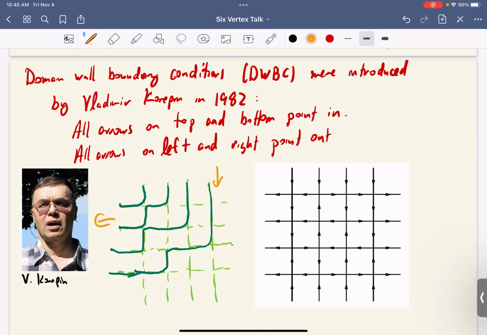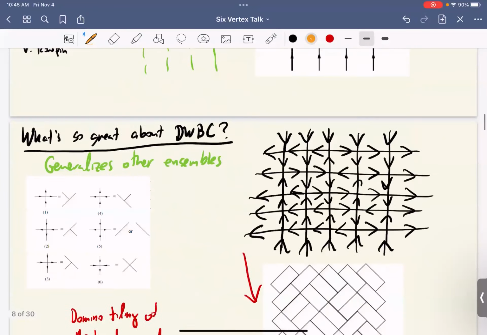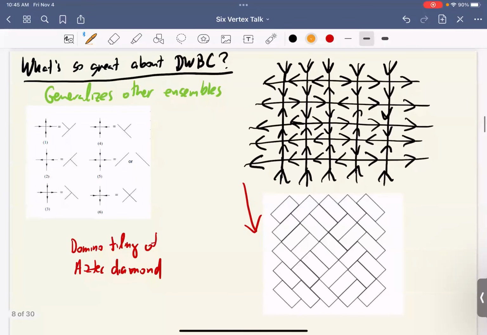So these are the boundary conditions that I want to focus on for the rest of the talk, because this was 40 years ago, and there's been lots of very interesting questions, some of which have been answered and many of which have not been answered. So this is the focus for the rest of the talk. Okay, so why? What's so great about these particular boundary conditions? One thing is